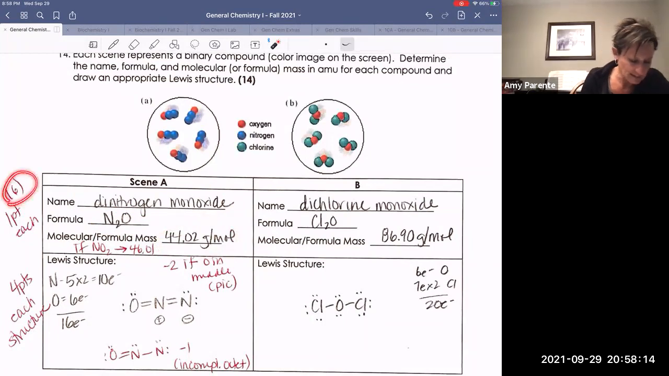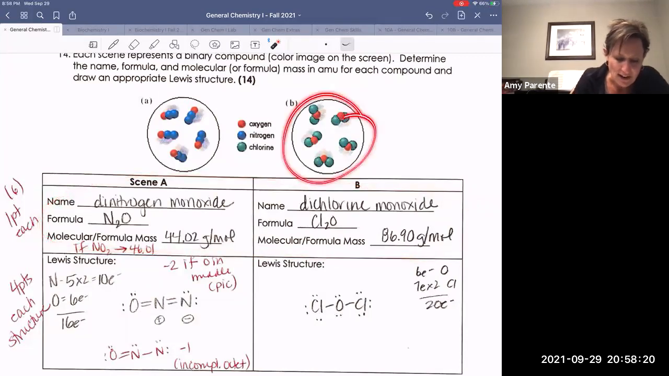So again, it was 6 points total, 1 point each for all of these pieces. Okay, this guy over on the right, I've got 2 chlorines and 1 oxygen. So we would call this dichlorine monoxide. I did give credit if you put the